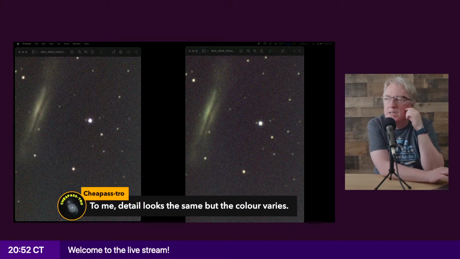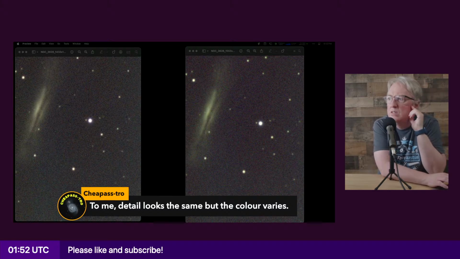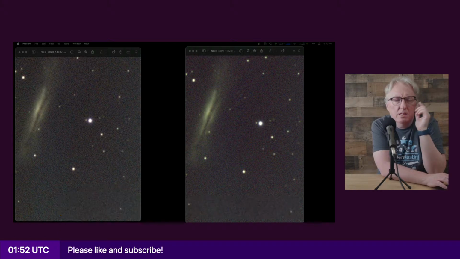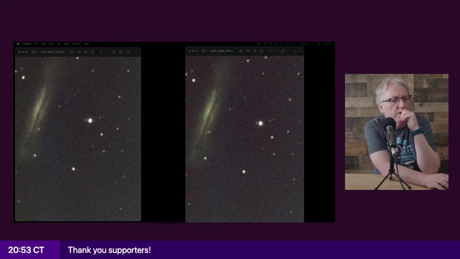Yeah, I agree. I'm really struggling to see any difference in detail. There is a color shift. And it's hard to tell if the noise is different or if it's just because the noise is color shifted. But I had seen some video where somebody was processing it, and the one thing I did notice is,